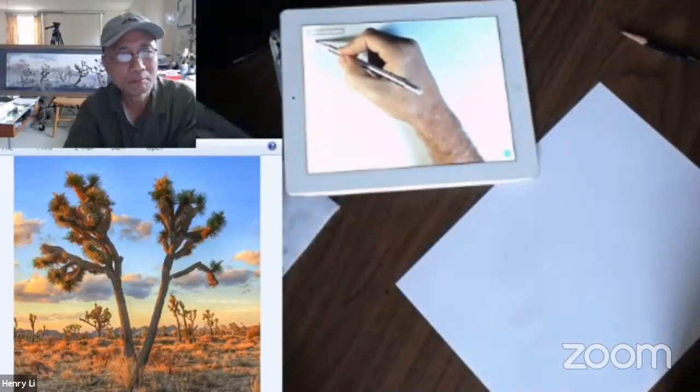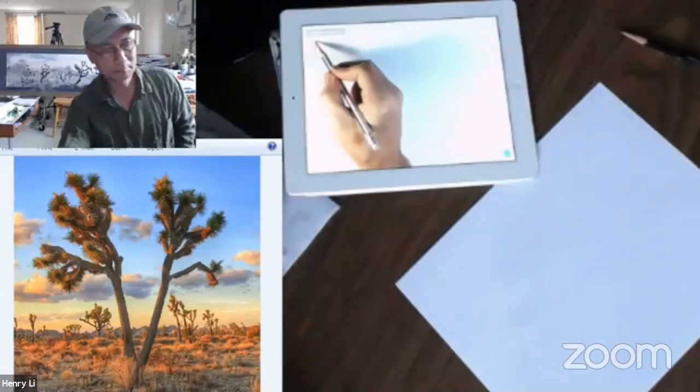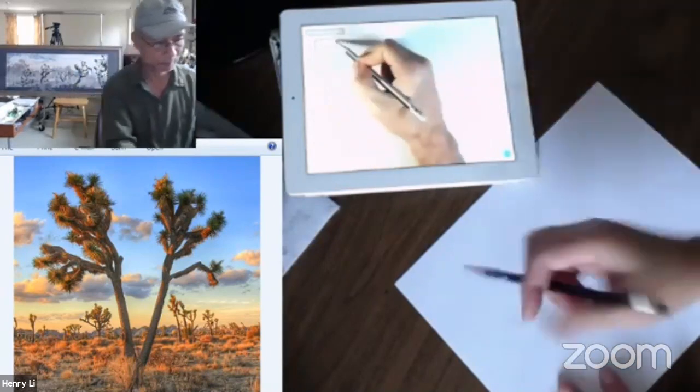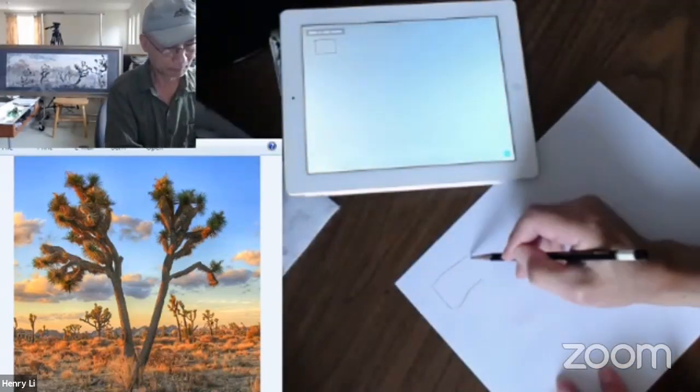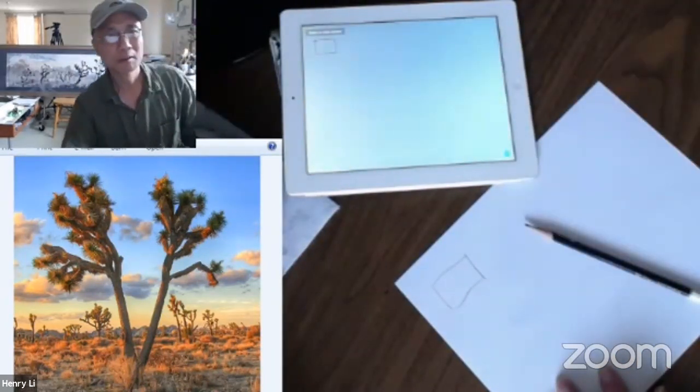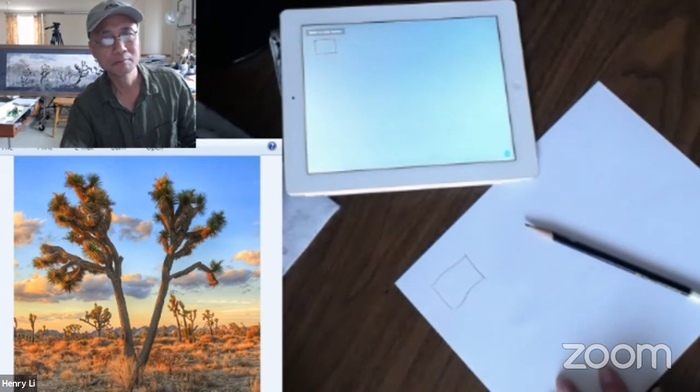Let's do some thumbnail sketches. This is what I do. I just make some thumbnail sketches. And what I like about number one is